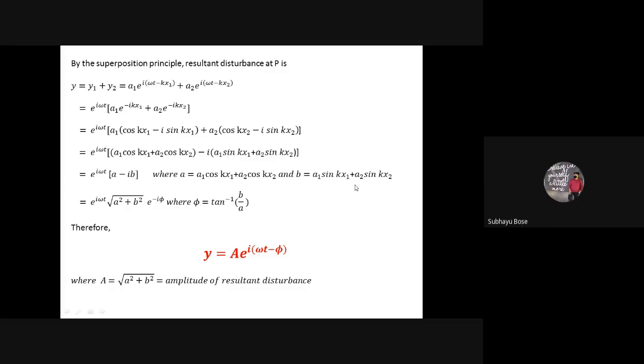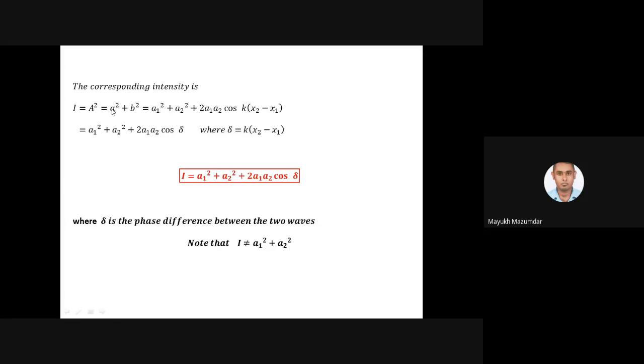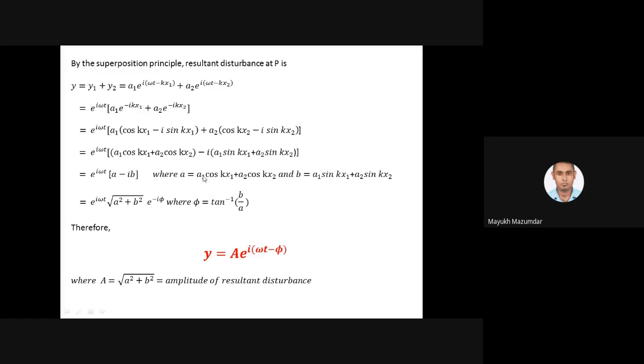So you told us a square plus b square, right, sir? Yeah, a square plus b square, where a is this, b is this. Try using some trigonometry formula. What is that? Compound angles chapter, like sine a plus b or cos a plus b or a minus b, whatever is required. Once you're done, if you're stuck somewhere and you don't feel comfortable with moving forward, you can tell me. If you're confused what to do next.